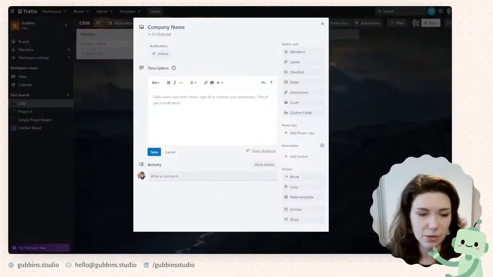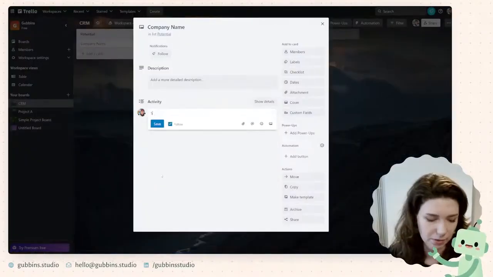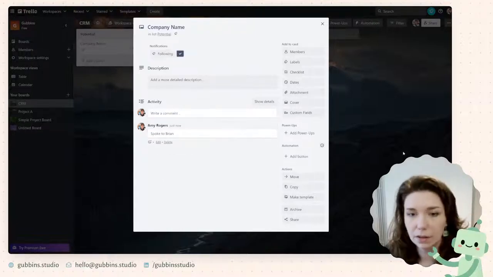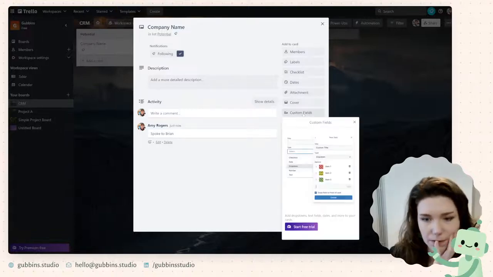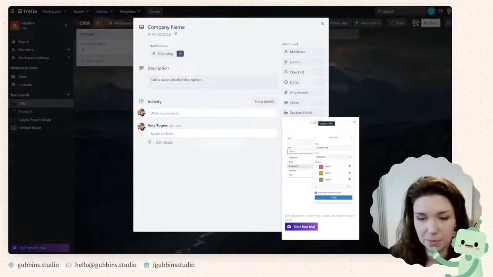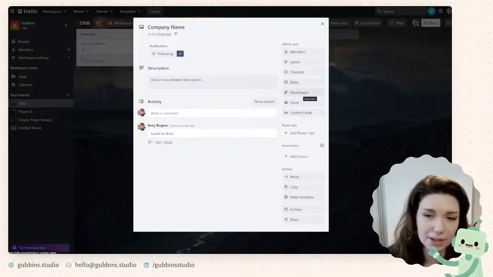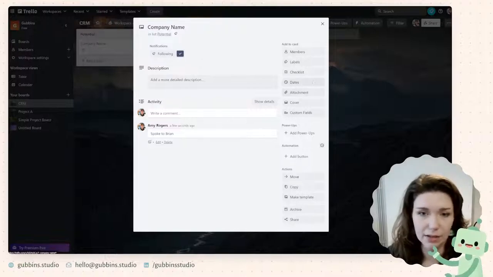Then again, within here, you can log your activity, like spoke to Brian. Oh, okay, that's also a premium feature, that's a shame. If you wanted to attach the contract, like the PDF of the contract you'd signed, you could do that here.